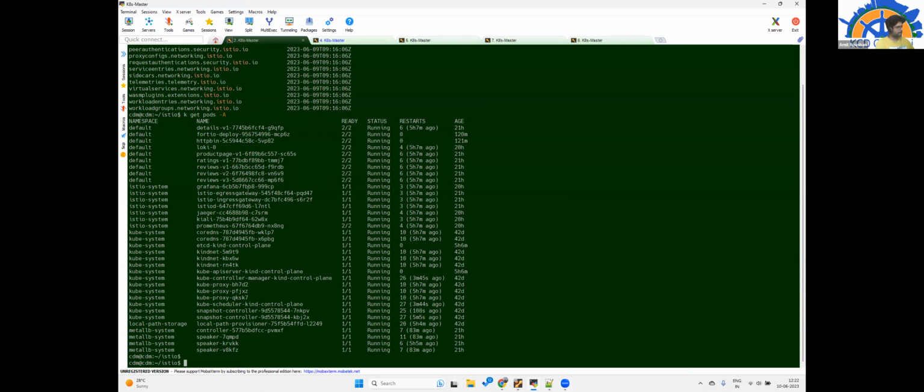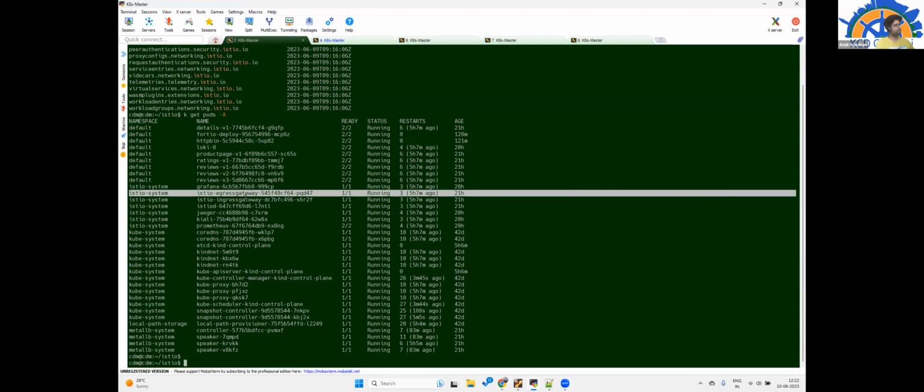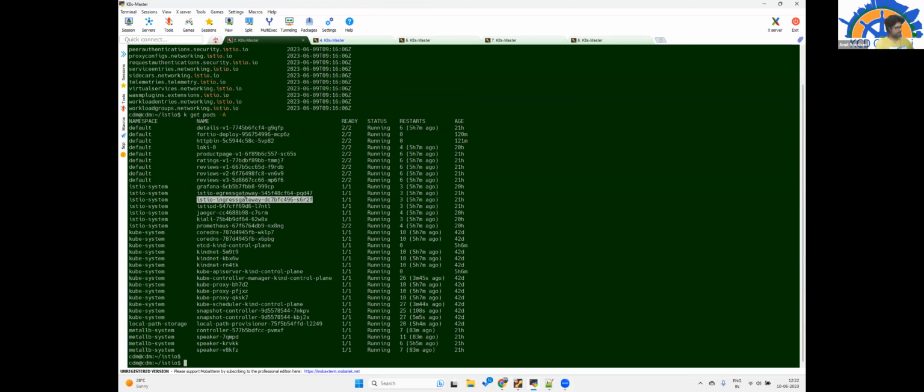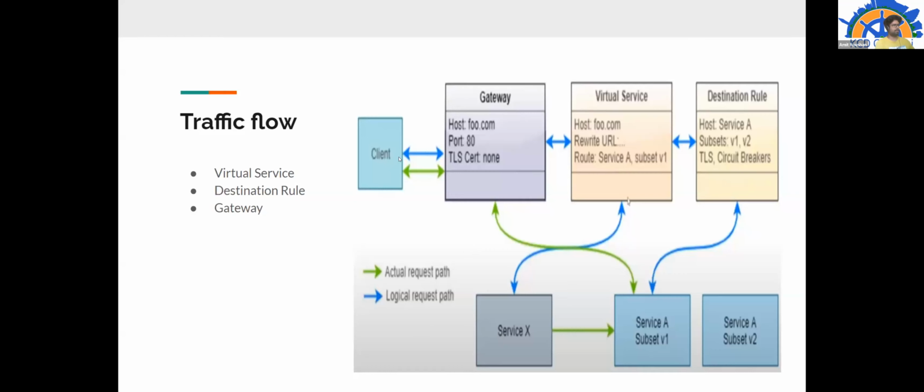These again will have an Envoy proxy itself, but they will be handling the gateway configuration. They will basically be using gateway information to let any client connect with any service inside the service mesh, or anything which is going out will also go through the gateway itself. So that's where the gateway helps.